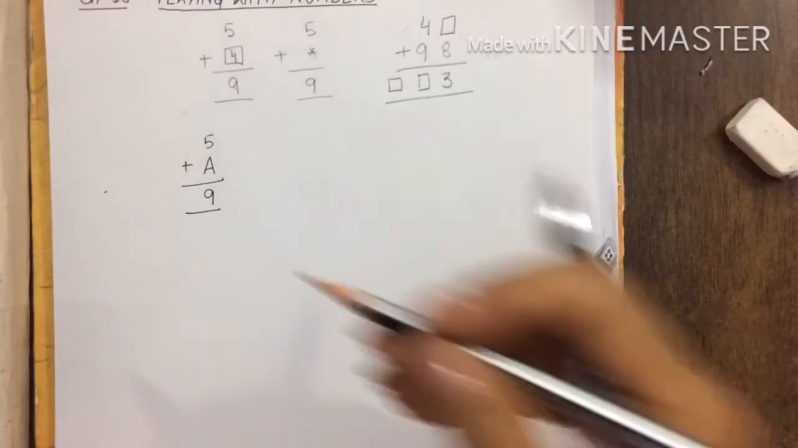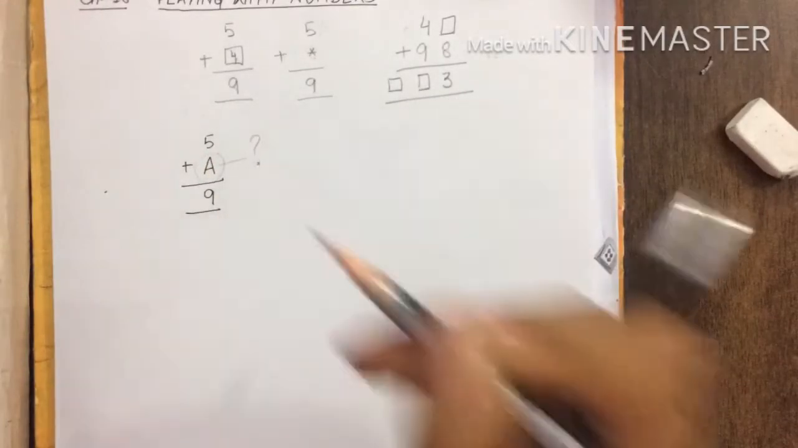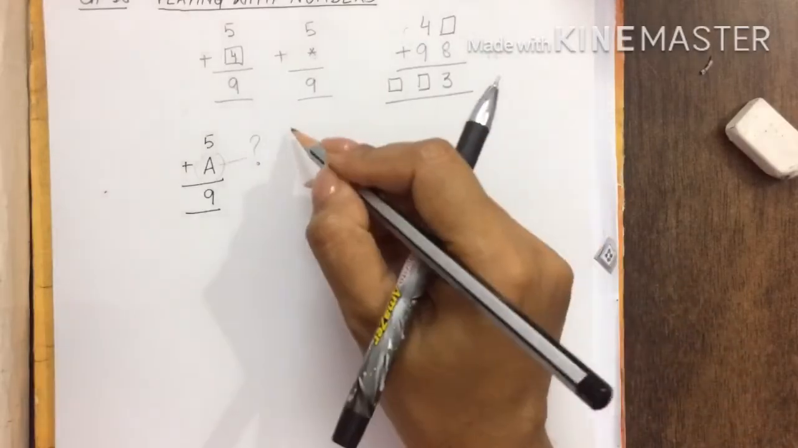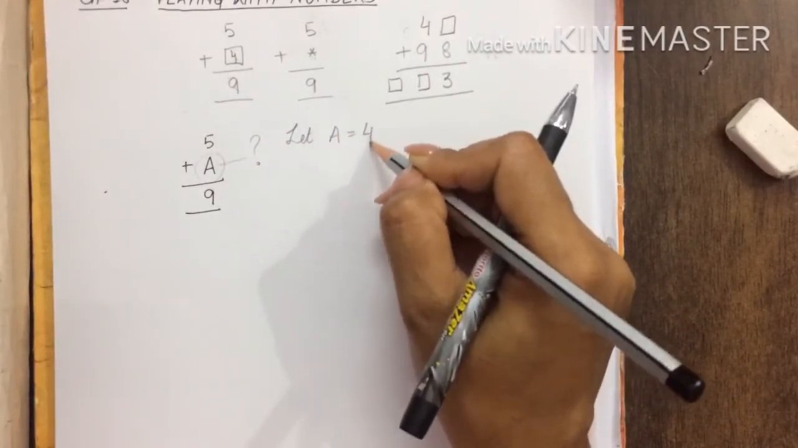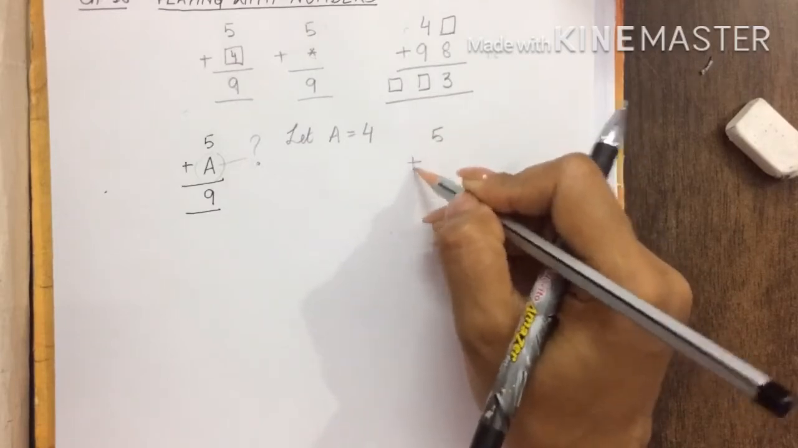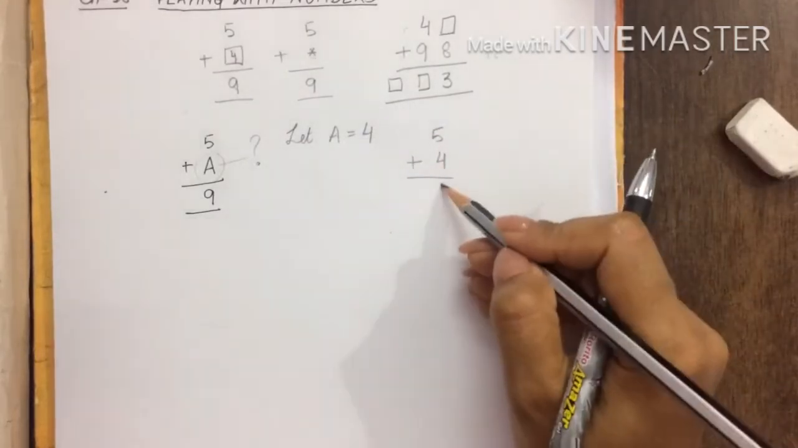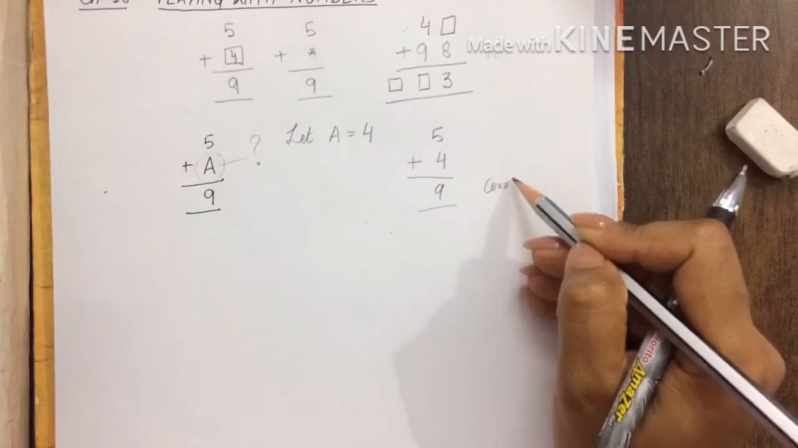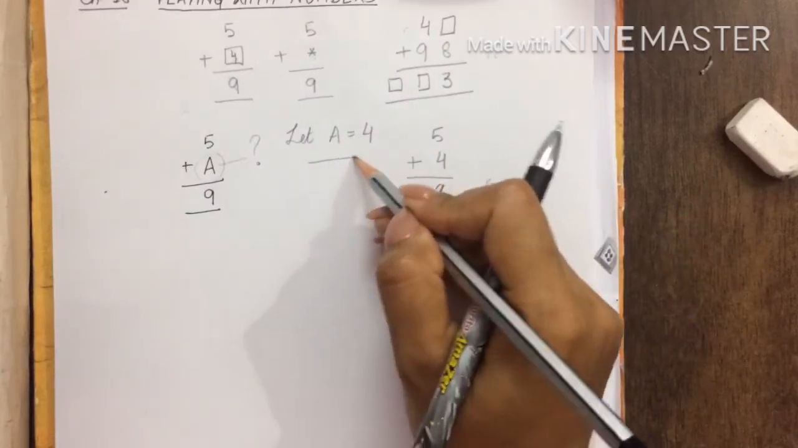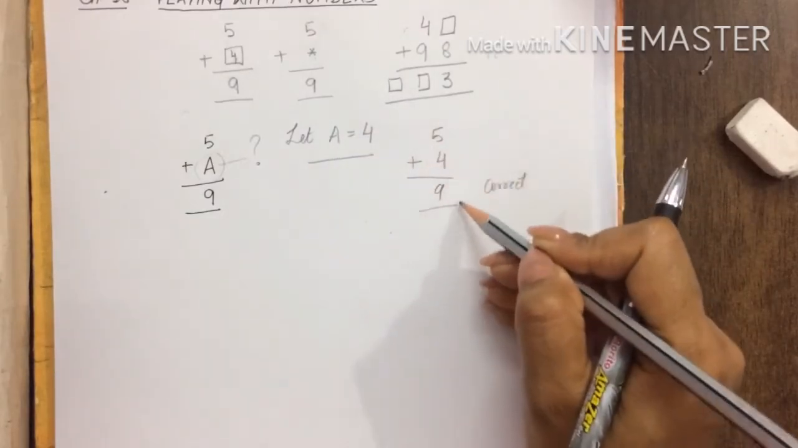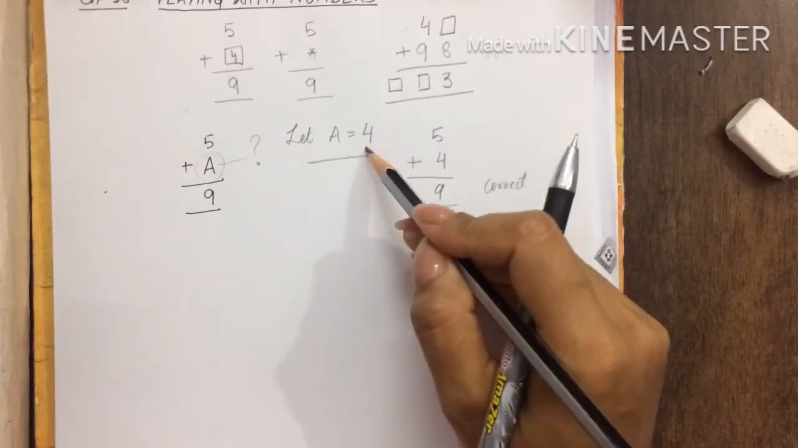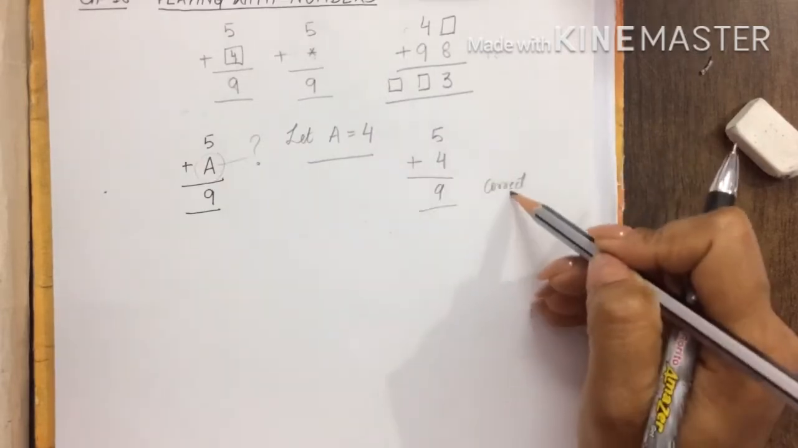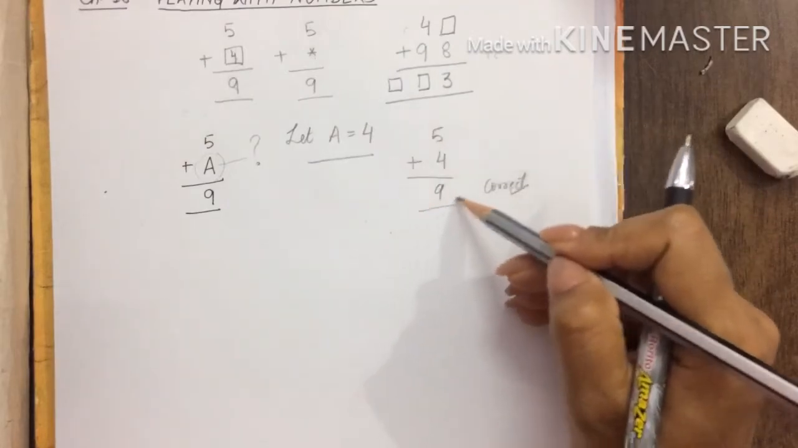So what you need to do is find the value for A. So what you can do is write down that if this digit A is equal to 4, then our problem would look like this, and this is correct. So this is trial, and I will see if there is any error. Right now there is no error. That means the value which I tried is correct. If there was an error,